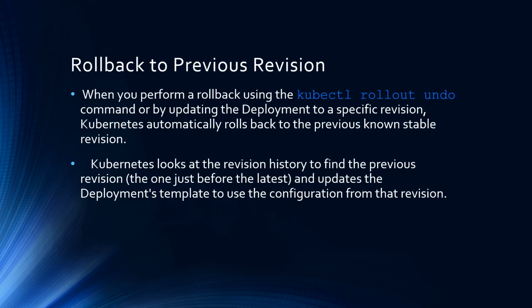Kubernetes provides robust rollback capabilities through its revision history feature. When you perform updates to a deployment, Kubernetes maintains a history of the revisions, allowing you to roll back to any previous state. This is incredibly powerful because it means you're not just limited to rolling back to the immediately previous version. You can potentially roll back to any version in your history, depending on how many revisions you've configured